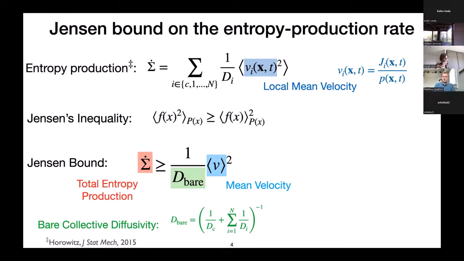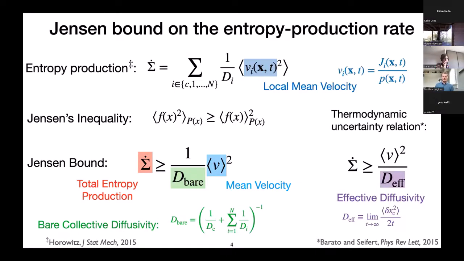In fact, it's a reciprocal of a sum of reciprocals of all the diffusion coefficients of each of the motors and cargo. This form might look very familiar to you because it is in fact analogous to the thermodynamic uncertainty relation, which can be written in the same form, simply replacing the bare collective diffusivity with the effective diffusivity of, for example, the cargo,